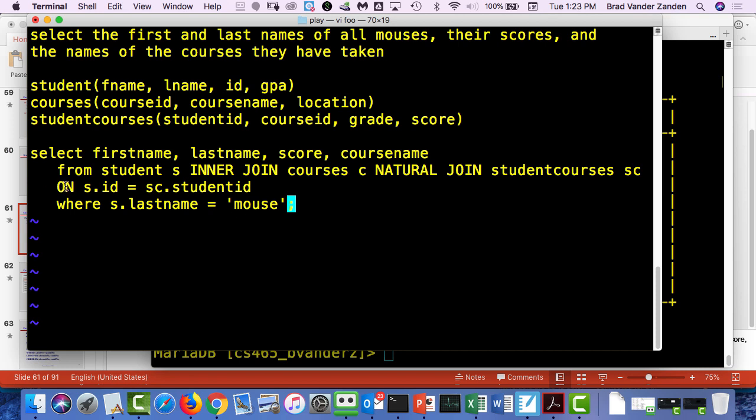So in this case, instead of saying using, I use using if there's one or more common columns. Since the column names weren't the same, I had to say on. So now I haven't bought a lot, by the way. In fact, I have essentially just replaced the where clause with an on, and the inner join has replaced the comma. So it's not like I've gained a lot on that one. Yes. So inner join just says that I am going to join two relations on a certain set of columns. Okay? It's no different in this case than simply having, I could have just said